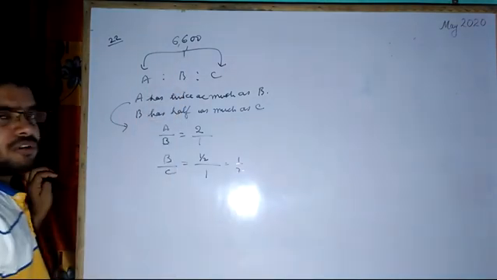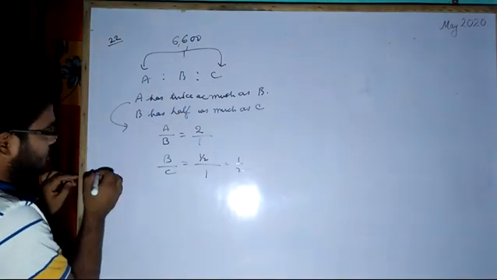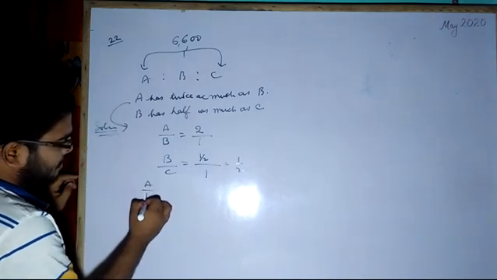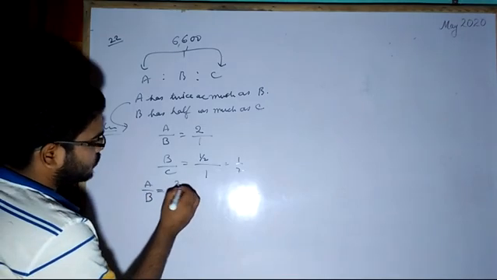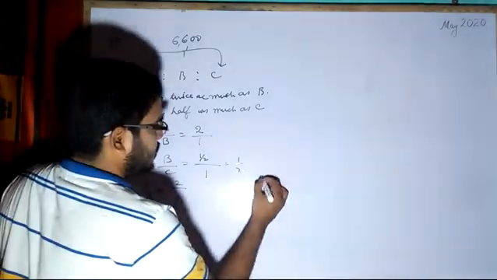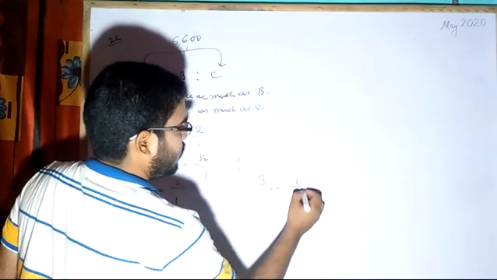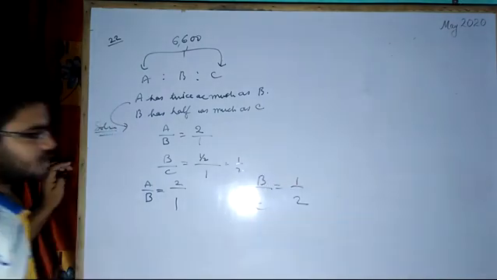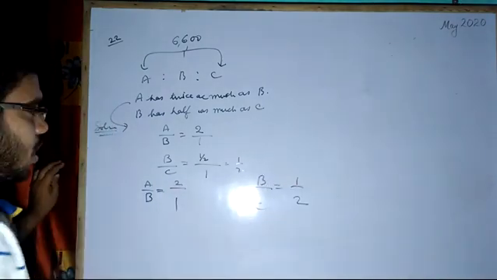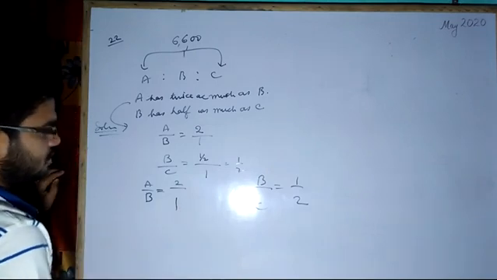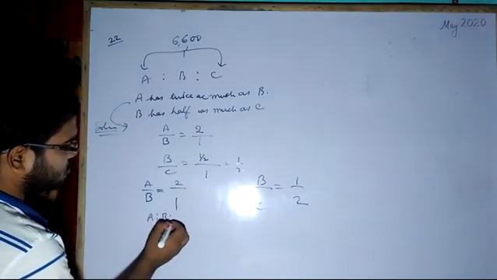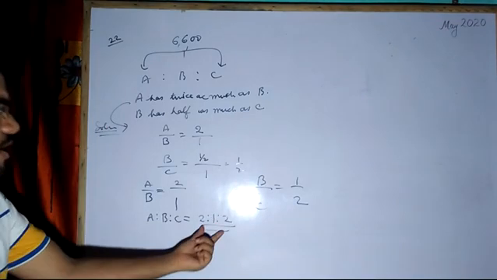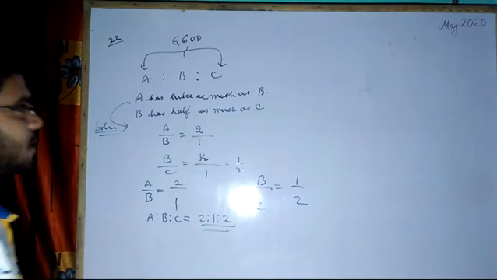Now we have to divide into three ratios. I have told you the solution begins from here only. Now you can write A by B is equal to 2 by 1, then B by C is equal to 1 by 2. B is equal to 1, B is equal to 1, same here. So no need to multiply here with 1 and 1. So the ratio will be A is to B is to C is equal to 2 is to 1 is to 2. Now in this ratio we have to divide this particular sum of money.